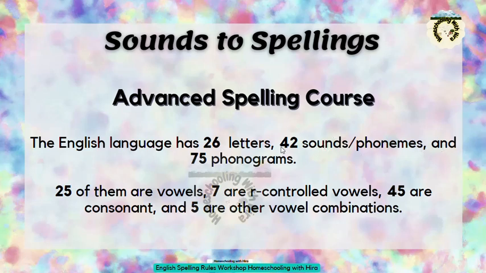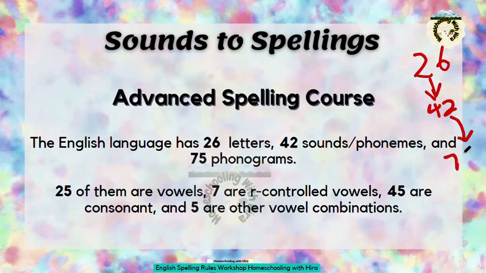And these 42 sounds can be written in 75 different ways. So it has 75 phonograms. If I quickly summarize it, English has 26 letters. These letters can make 42 sounds, and those 42 sounds can be written in 75